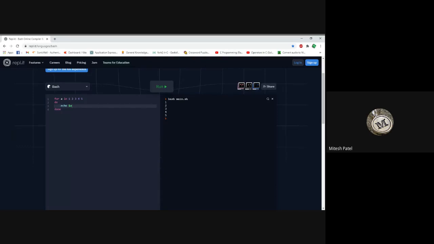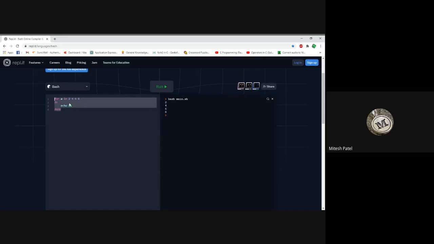Whatever set of values we have given, in the same sequence it will print. Suppose I am giving the values 2 4 6 8, it will display 2 4 6 8. So whatever set of values we have set, according to that it will print inside this statement. Okay, so these are the three syntaxes.